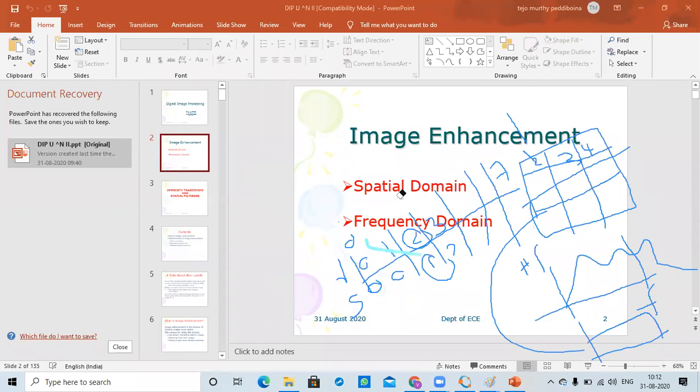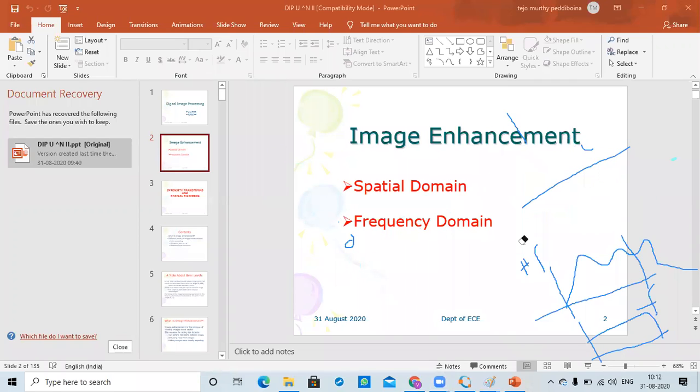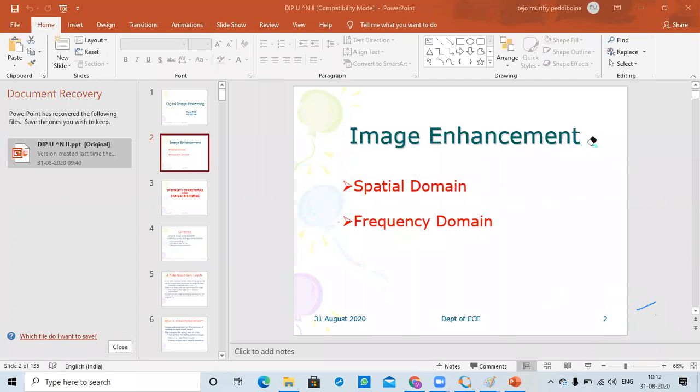So now there are two enhancement methods possible here. One is the spatial method, the second one is the frequency domain. In the spatial domain, we take the matrix as it is and apply certain formulas or enhancement methods directly on the pixel values, without any manipulation or transformation. In the frequency domain, first we convert the image to the frequency domain and do certain operations, and after doing the operations we convert back to the spatial domain. So the spatial domain is a direct method, whereas the frequency domain is an indirect method.